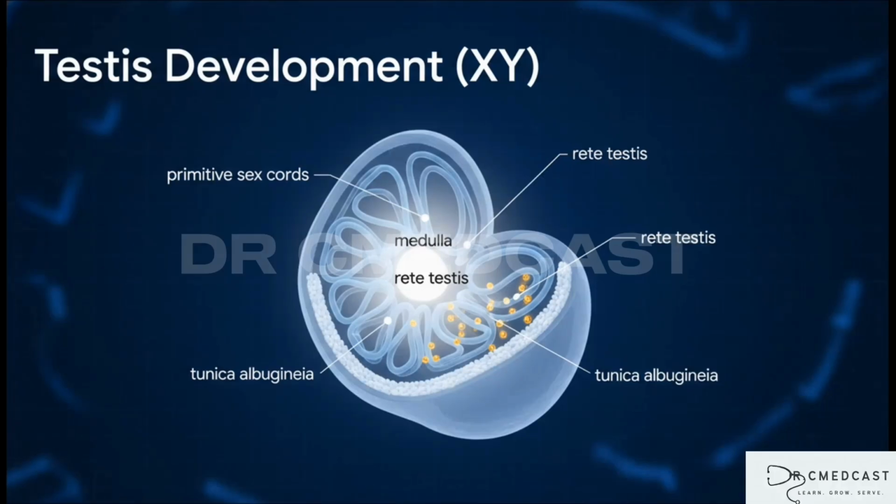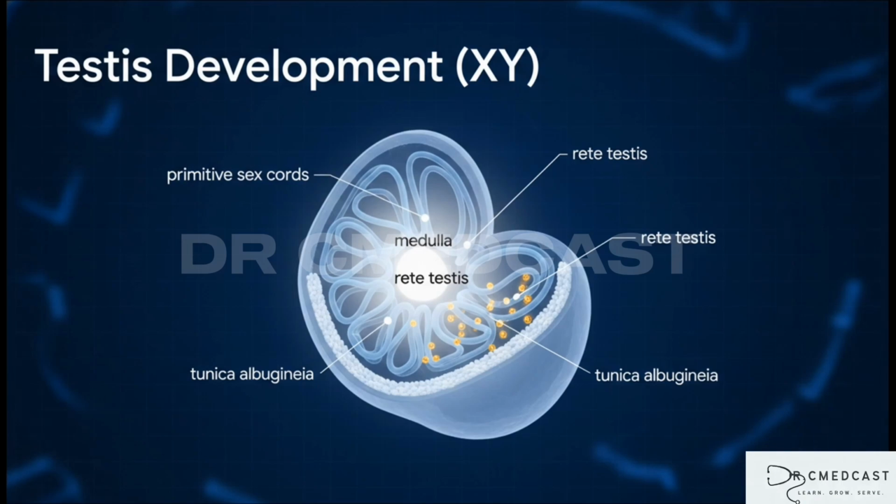So, under the influence of that SRY gene, the primitive sex cords keep growing and push deep into the medulla, the very core of the gonad. They form the testis cords and a network called the rete testis. Then, a thick fibrous capsule, the tunica albuginea, forms, walling these cords off from the surface. And here's the crucial part. By the 8th week, Leydig cells show up and start pumping out testosterone, the hormone that's going to direct the